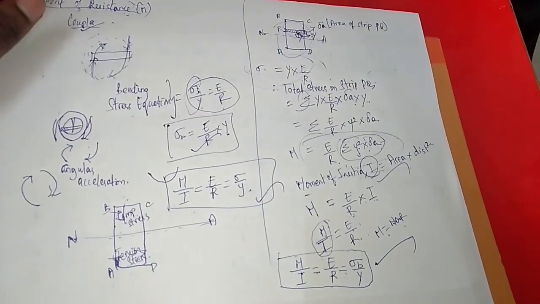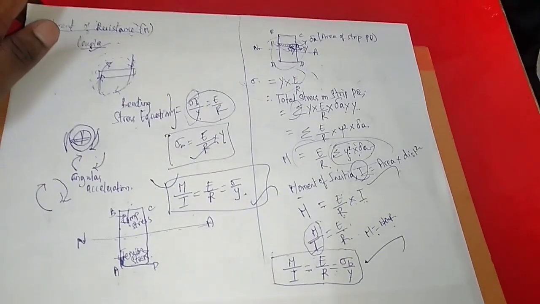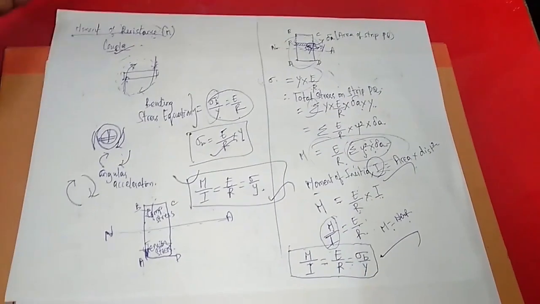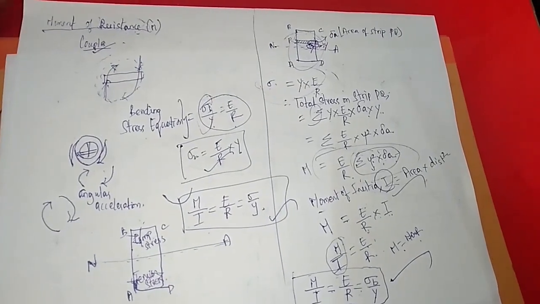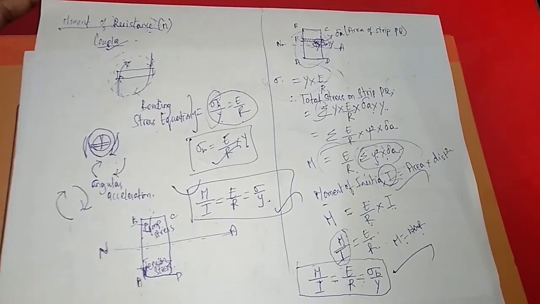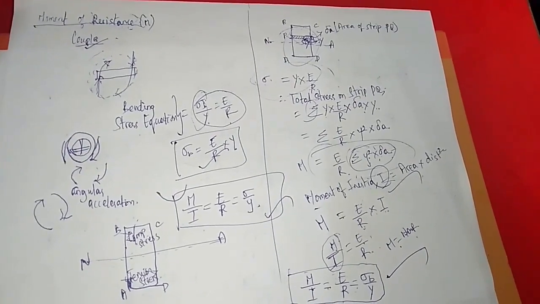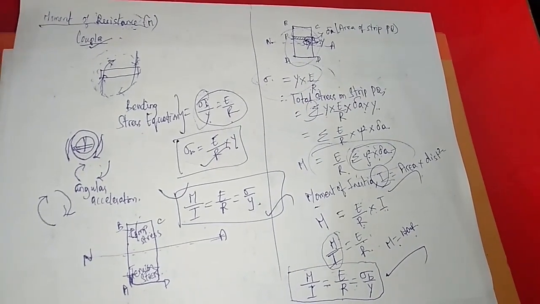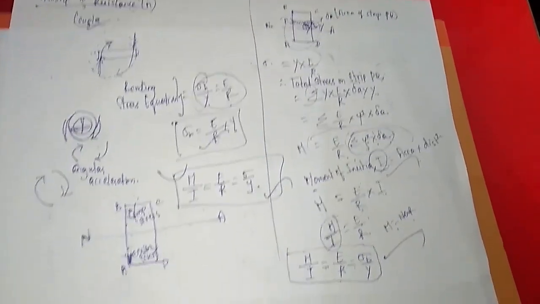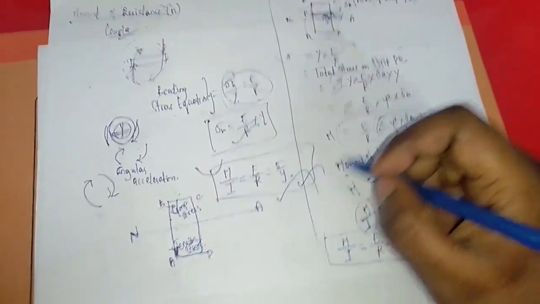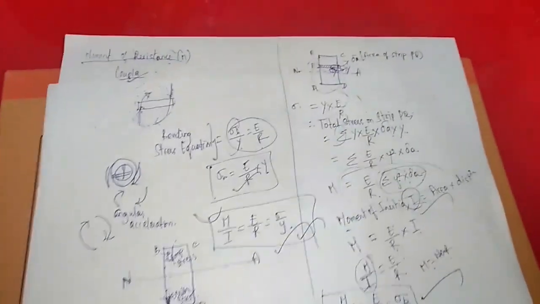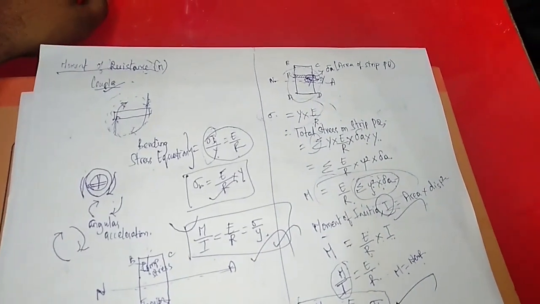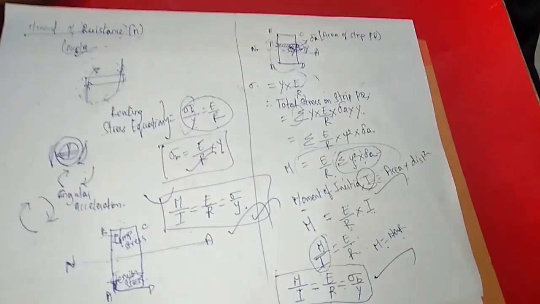What is bending stress? It is the resistance offered by the internal stresses to bending. The resistance that is offered to resist the bending is called bending stress. So how much moment of resistance is offered for a particular bending moment? That is expressed using this equation. This is how you will calculate the bending stress, the moment of resistance, for your particular section.